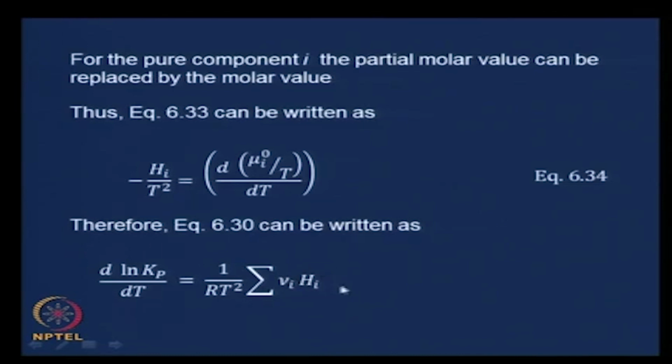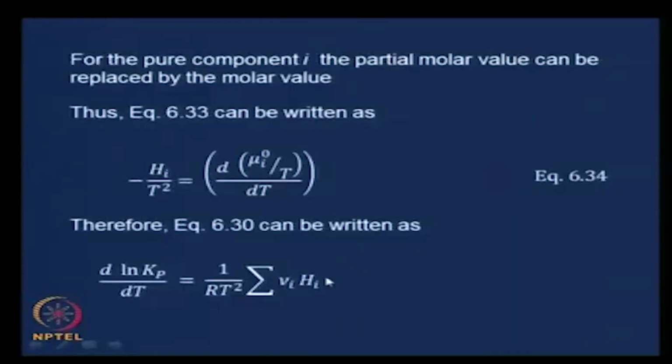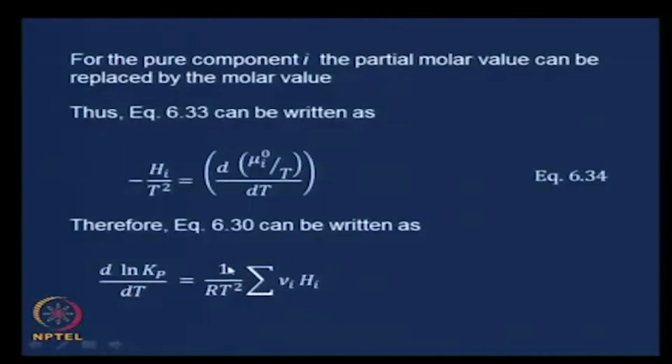This is something that you are used to doing right from higher secondary school. Sum over ν_i H_i is how you found your ΔH for the various reactions, if you recall that process, and you took the enthalpies of the products, summed them up, enthalpies of the reactants, summed them up, subtracted enthalpy of the reactants from the enthalpy of the products, and that formally written in a compact notation is this 1 by R sum over ν_i H_i. Let us call this equation 635,